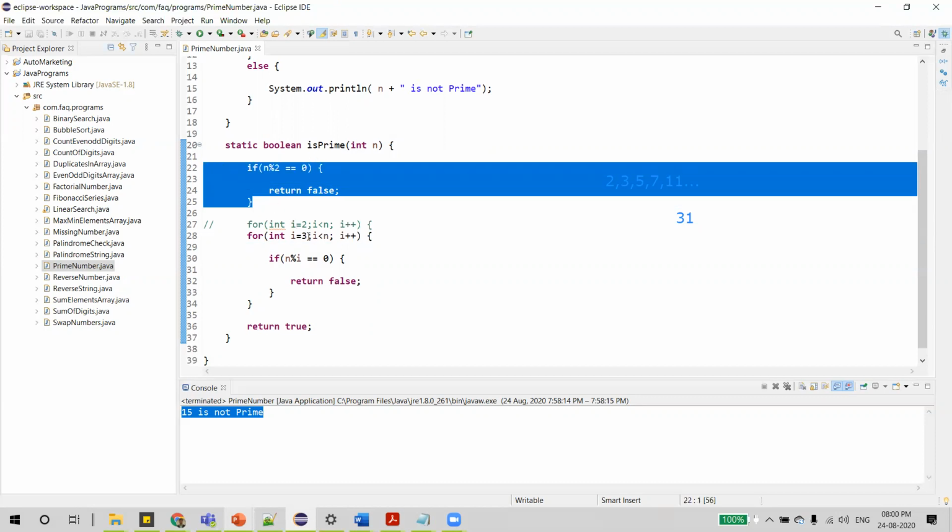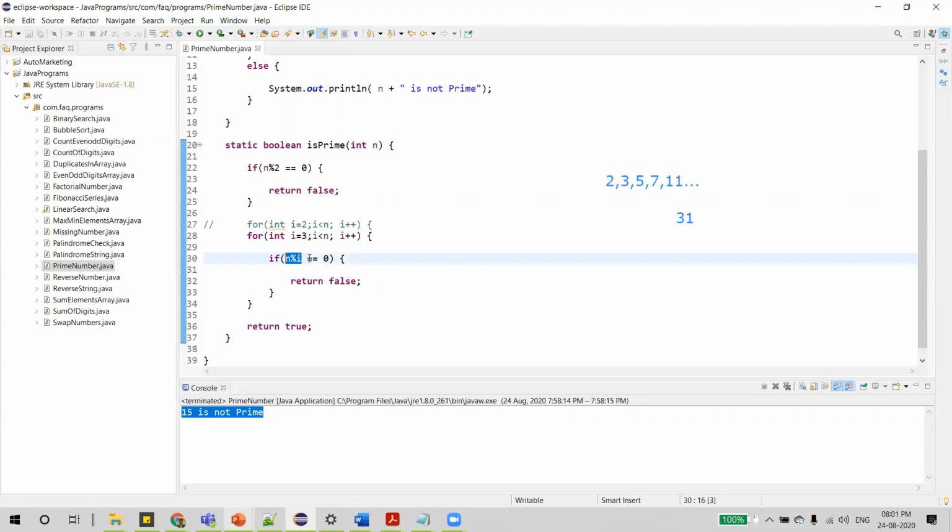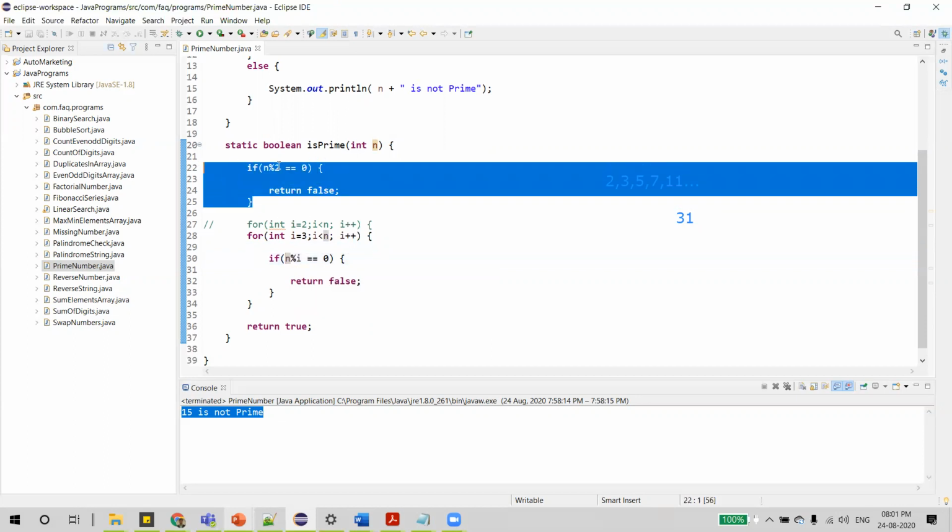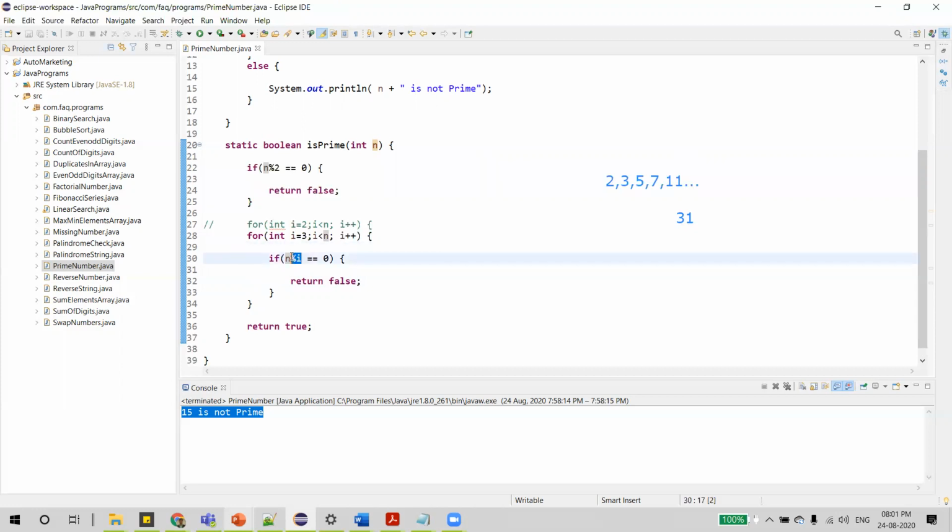So we don't need to divide this number by 4, 6, 8, or any other even number, as the first even number, 2, itself can do that job here. So we don't want to check dividing it by any even number.